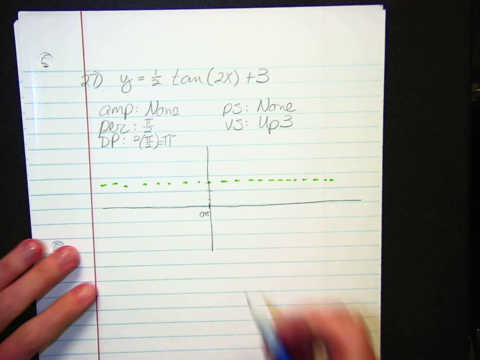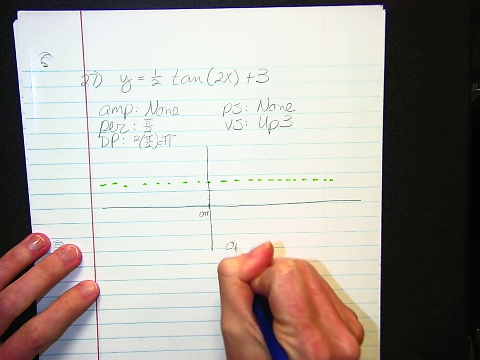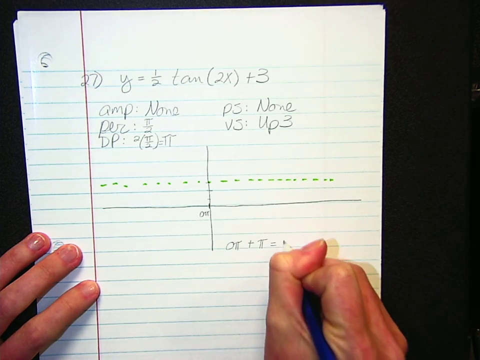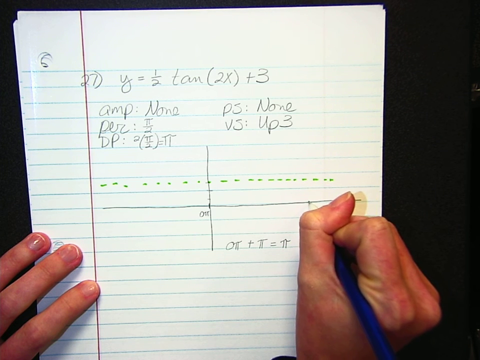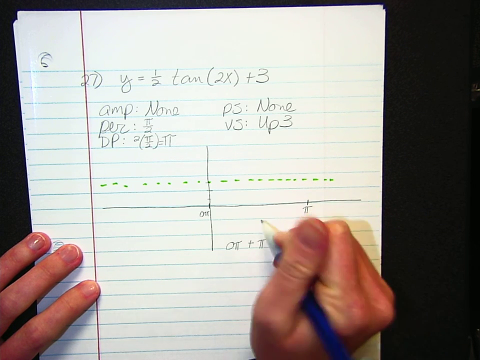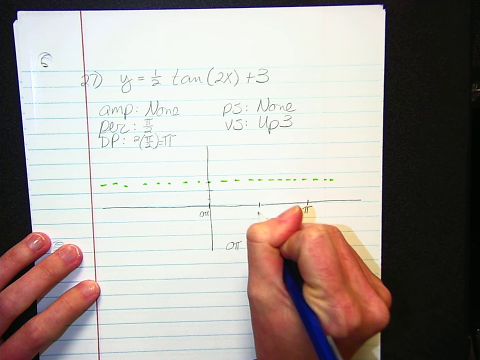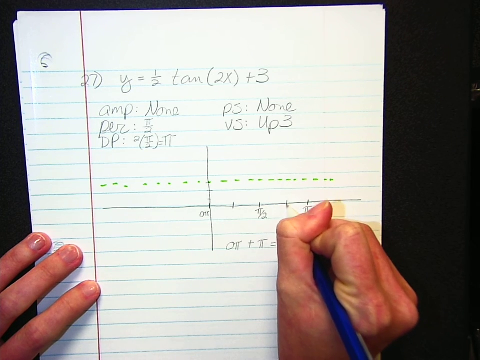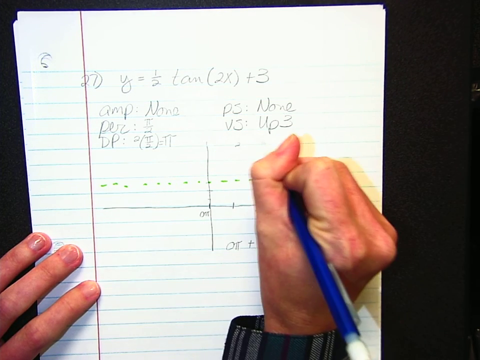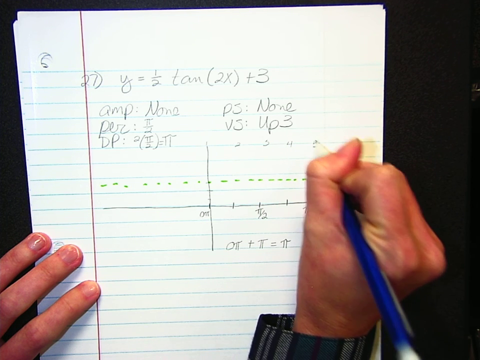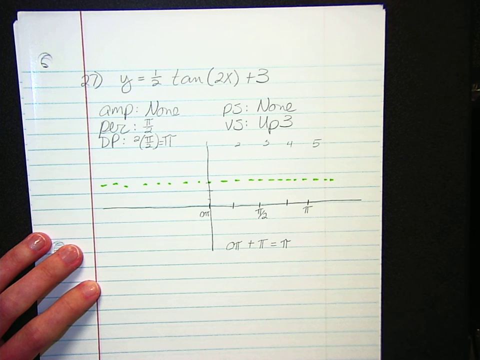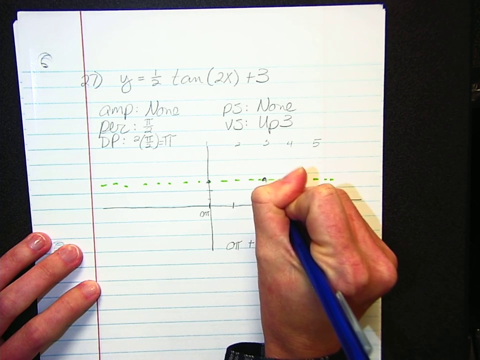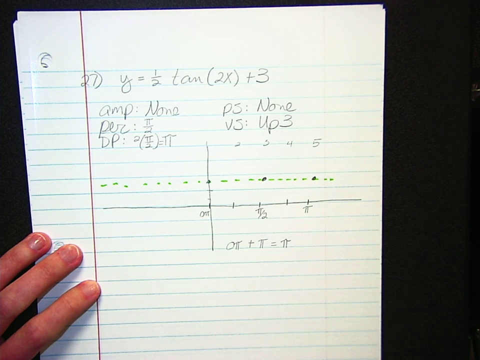And then I'm going to go find my endpoint. So I'm going to take my starting point, 0 pi, and now I'm going to add for tangent my doubled period to it. So my endpoint over here is going to be pi. So let's make this one kind of big. We'll put pi way over there. And then halfway, so my middle mark right here, halfway between 0 and 1 would be 1/2, so pi over 2. And then we don't have to label 2 and 4. 1, 2, 3, 4, and 5. All right, so using my shortcuts, I have zeros for tangent at 1, 3, and 5. Don't forget to draw those up 3 for our